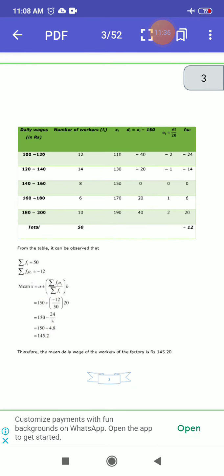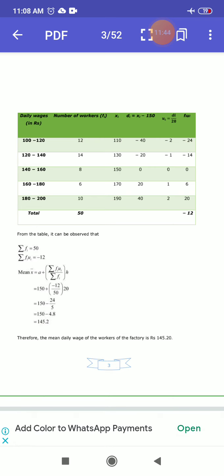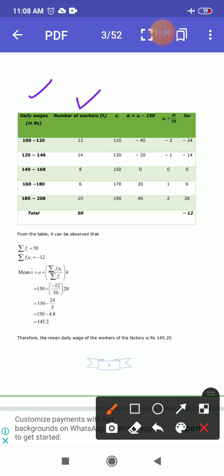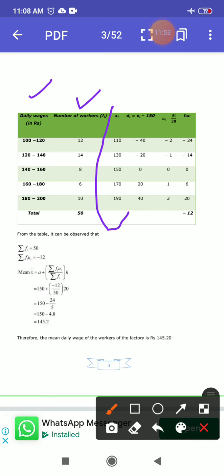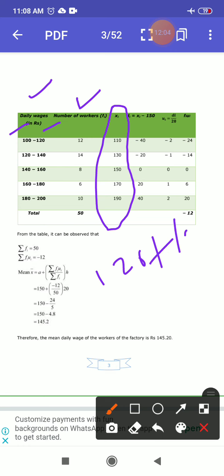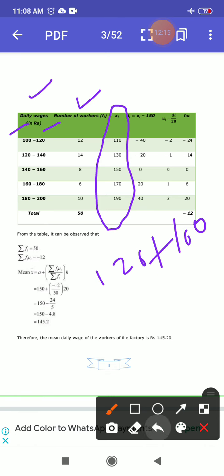So this is your next method that is used in this question to minimize the calculation. Okay, so we have to write here these things. This is your interval, this is your frequency, and then after we have to calculate the class mark. Okay, so class mark how to calculate? Upper limit plus lower limit upon 2, just like यहाँ पर है 120 plus 100 अपॉन 2 कैलकुलेट कर लीजिए। 120 प्लस 100 अपॉन 2 करेंगे तो आपके पास कितना आ जाएगा? 220 अपॉन 2, that's mean 110. तो this is your value.